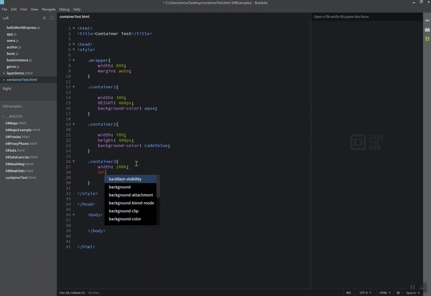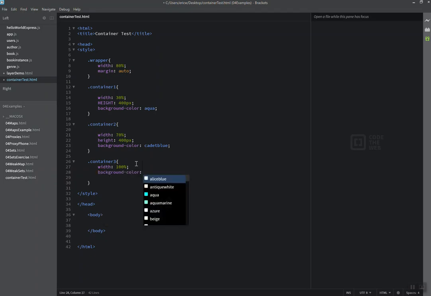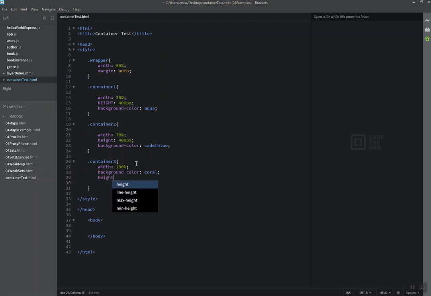Let's give it a background color just so that we can see this one again. Let's give it horrible coral, and that'll be good enough. I do need to give it a height because, again, if I don't, let's give it 200 pixels. So it's going to be a little shorter than the other ones. As a matter of fact, it's going to be half as tall as the other ones. If I don't give it a height, there's no two dimensions there on the two-dimensional space to take. So it's going to be 100% of the width, but it will have no height, and therefore it won't be